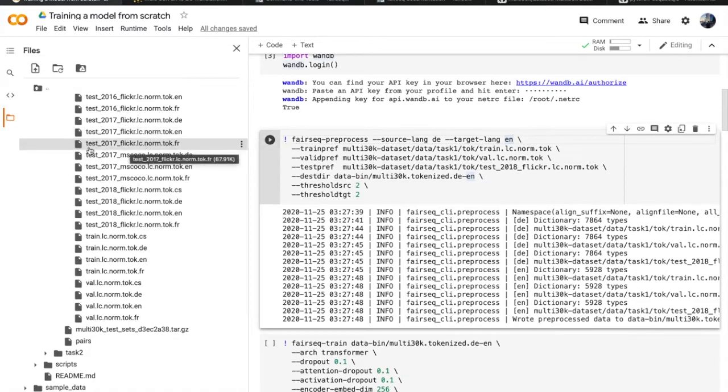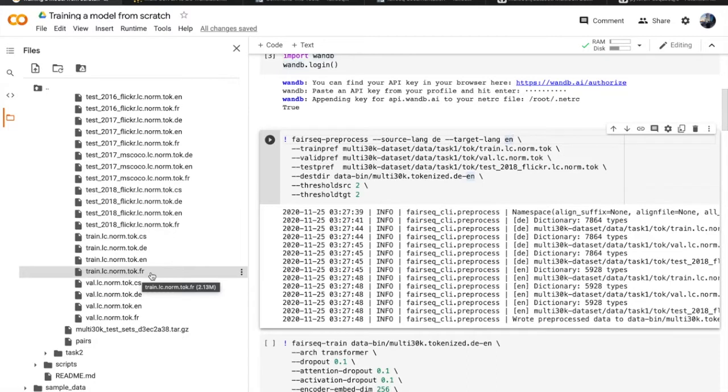So if you see this file train.lc.norm.tok.fr, it means that the last .fr signifies that this file is in French.